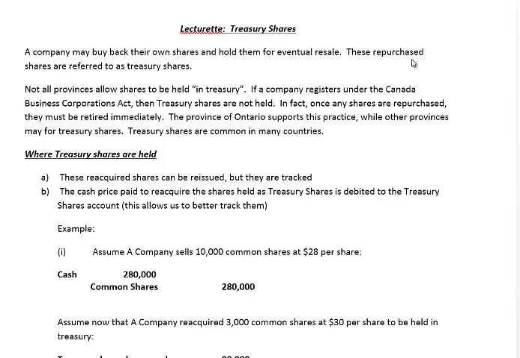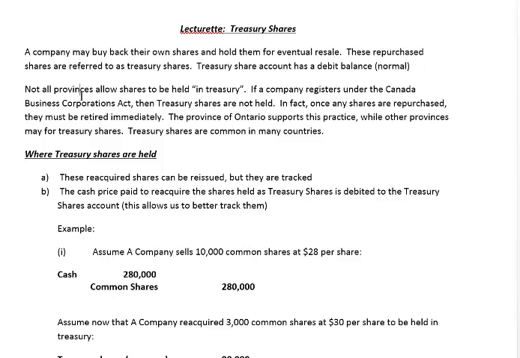When we repurchase the shares, we hold them in a special account known as Treasury shares. And when you're buying back shares and putting them into that Treasury share account, you debit the Treasury share account. So the Treasury share account has a debit balance. So I'll just add it here. And that's its normal balance. Okay, so the Treasury share account does have a normal debit balance.